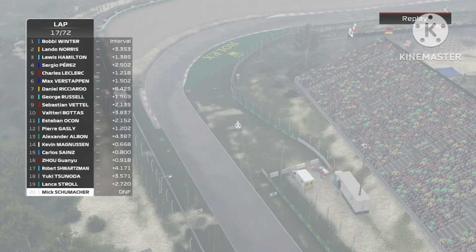as Schumacher is off the side of the circuit in what the FIA deem a dangerous location on the circuit, and now Winter will have the job of backing everyone up behind the safety car to launch us all off again in a couple of lap time when the safety car ends, after the marshals clear up Schumacher's car and possibly any oil left on the circuit,